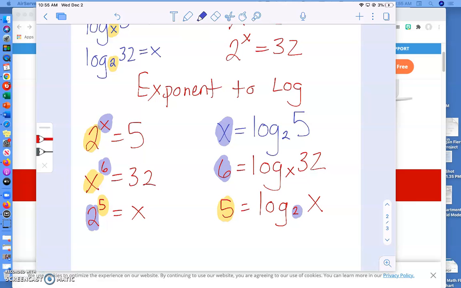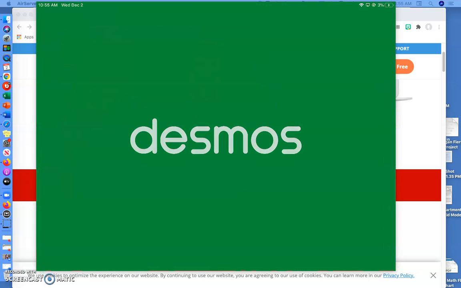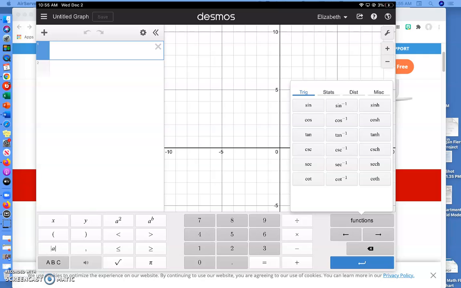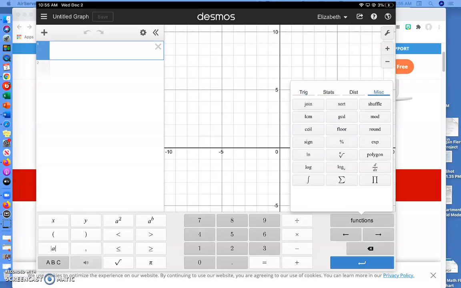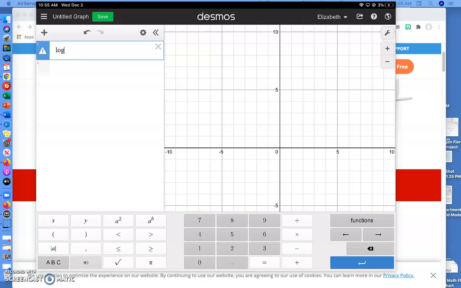Now what I want to talk about is how do you enter these logs into Desmos? If you go to Desmos, because you'll be entering a couple of these, make sure you have the keyboard brought up. If you go to Functions, under Miscellaneous, you'll see Log. Depending upon whether you do this on the screen or on the app, there's the log button, and then there's also just log base A. Sometimes, if you have your keyboard, you can just type in log as well. And to get the base,